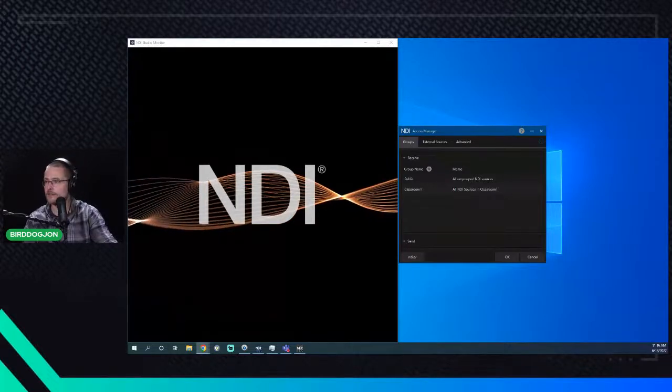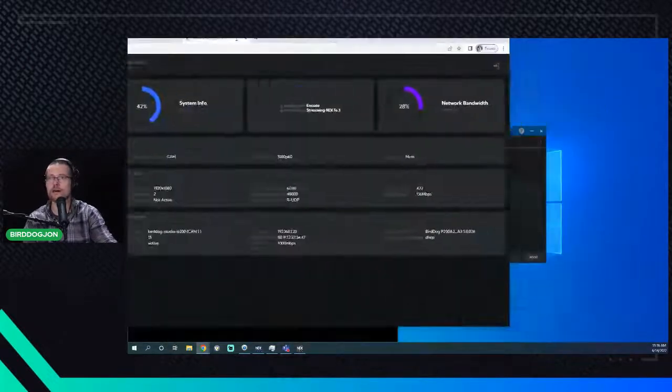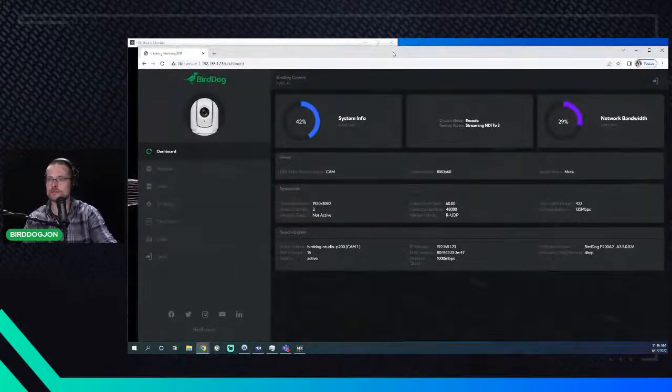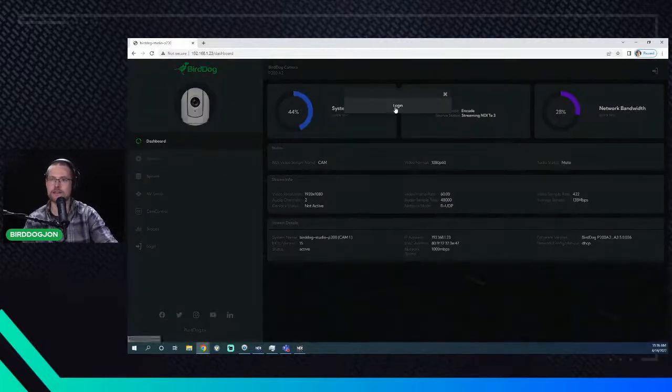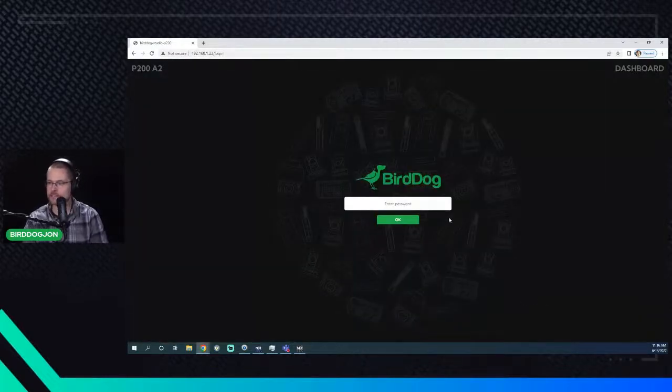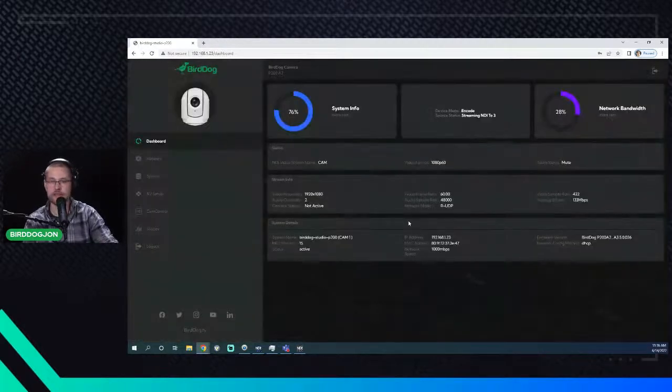So inside here, I will take this. Let's just make this full screen so you can see that. Inside here, this is NDI 5, by the way. We're going to add, whoops, I need to log in. We're going to add this camera to that group so that it can be shown to any device that's in